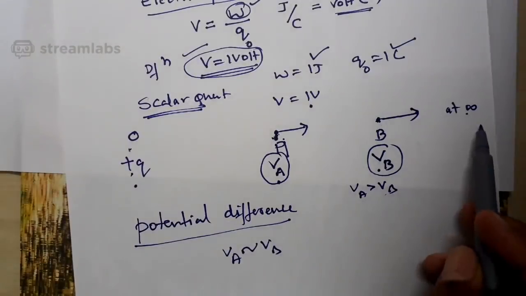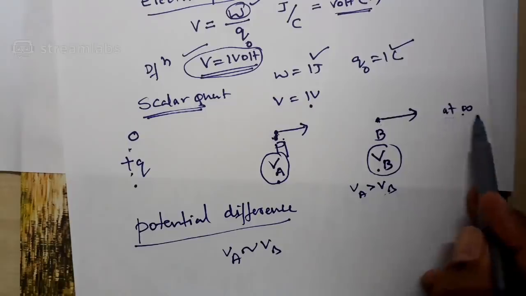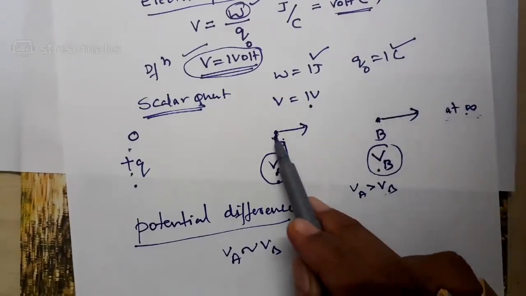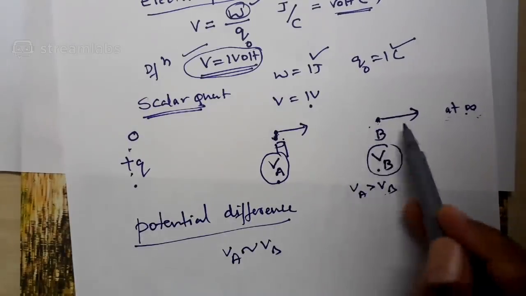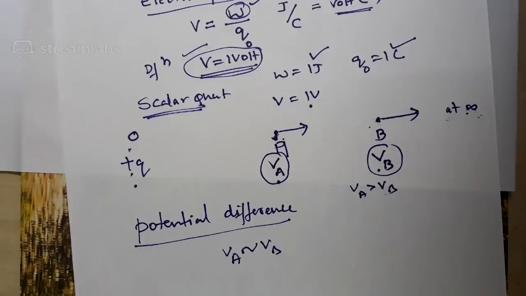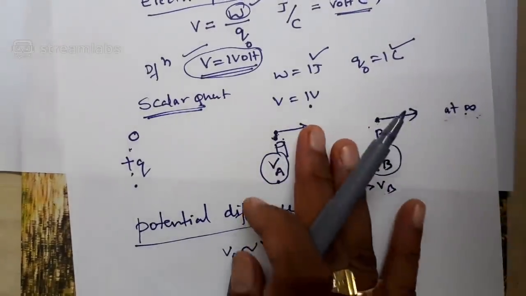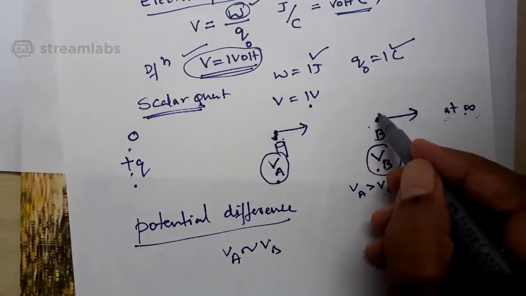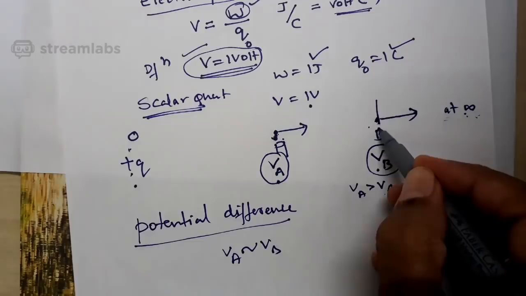Coming to the concept of a potential. Potential at a point A is the amount of work done in moving a unit positive charge from infinity to a point A against the electric field. Potential at a point B is the amount of work done in moving a unit positive charge from infinity to a point B against the electric field. What you notice here is, whenever you are bringing a unit positive charge from infinity to point A or infinity to point B, you will be doing the same amount of work up till you bring a plus 1 coulomb charge to point B.